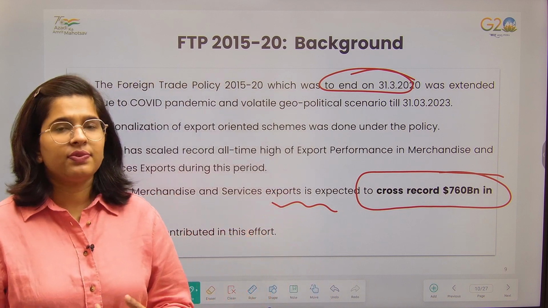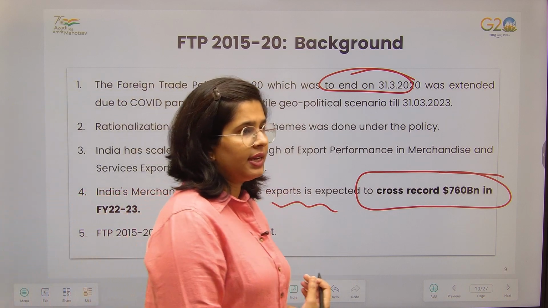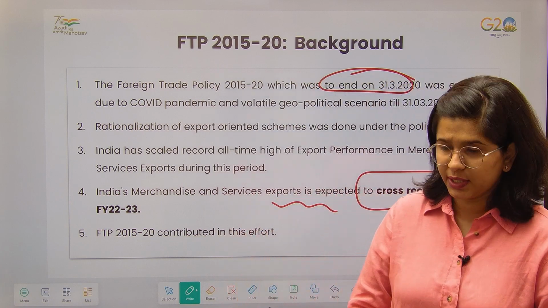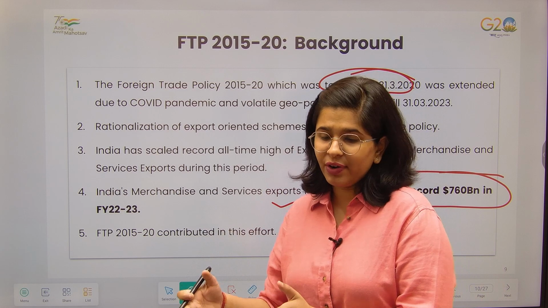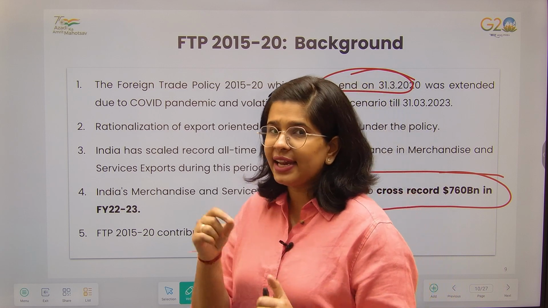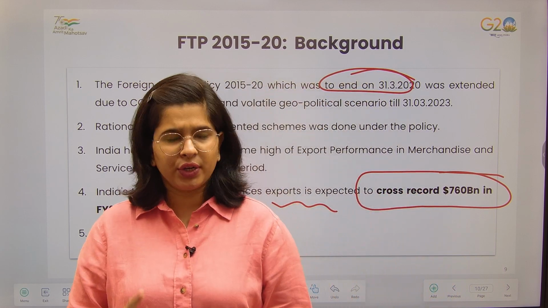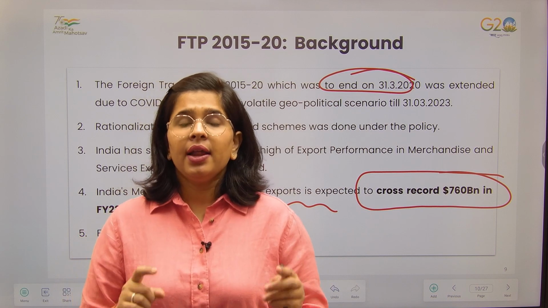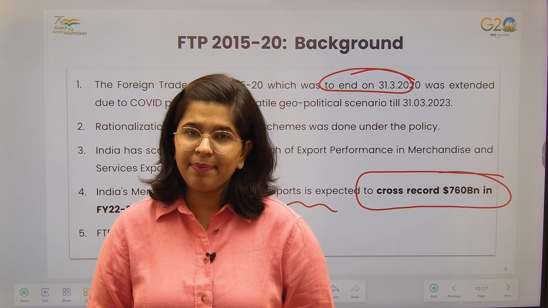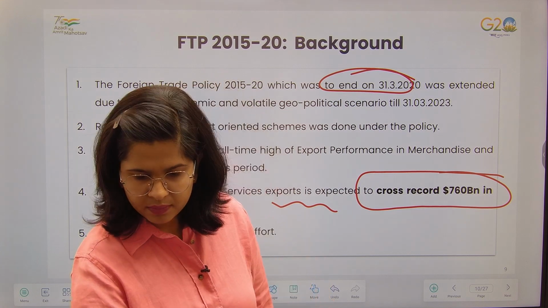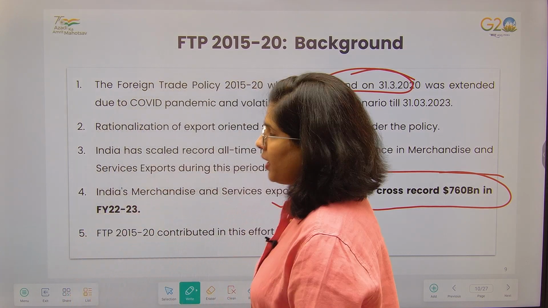So various changes, various export oriented schemes related changes have been done under this particular FTP. Yes, all those changes will be carried forward whenever we will be discussing the detailed document on the FTP. We are going to soon discuss that as well. But before we discuss that, in these particular highlights, you are going to see the major crux, right? Now let's move forward